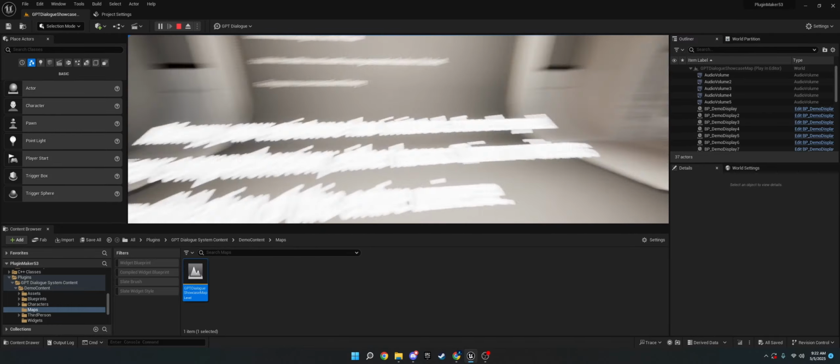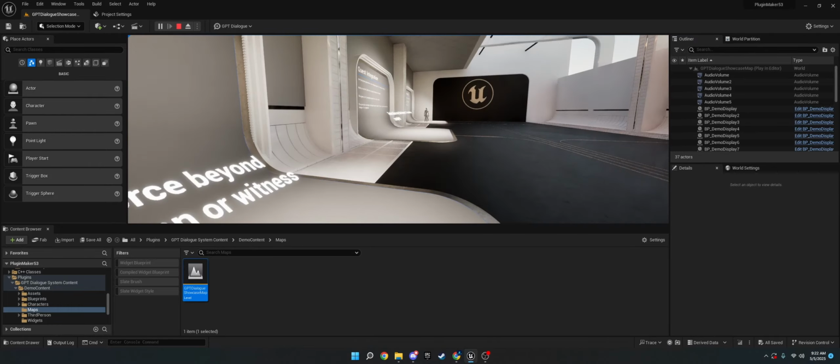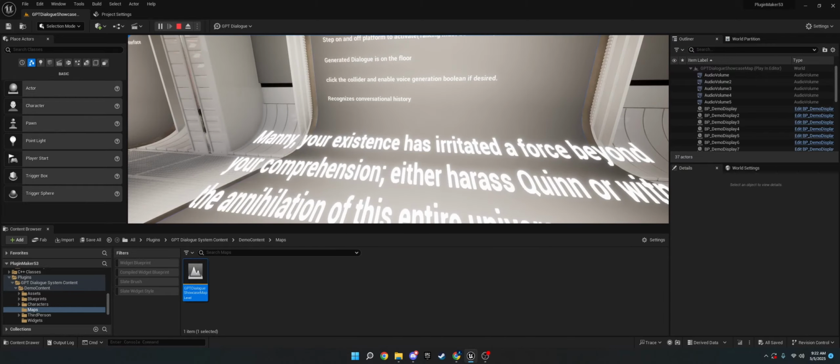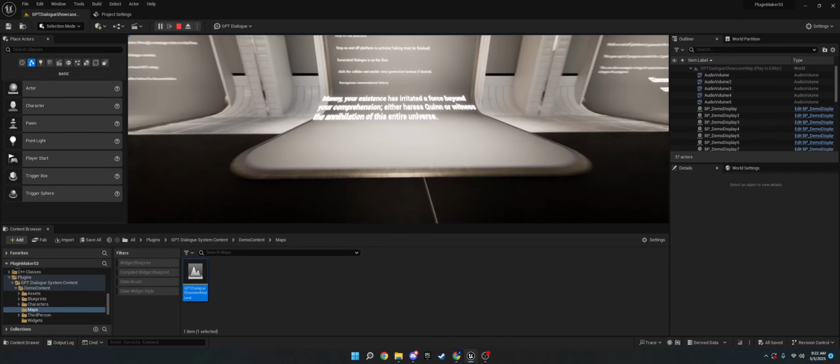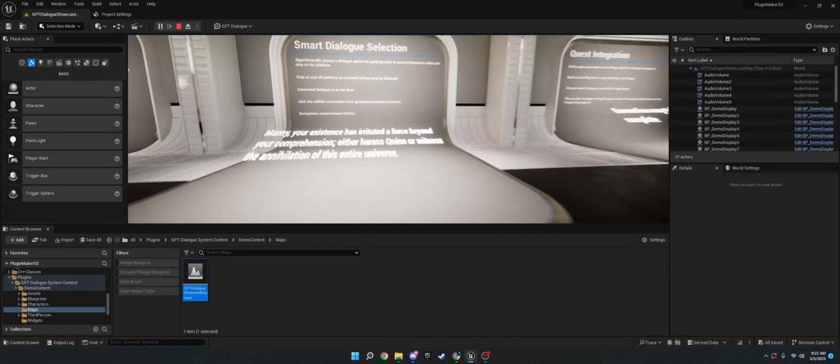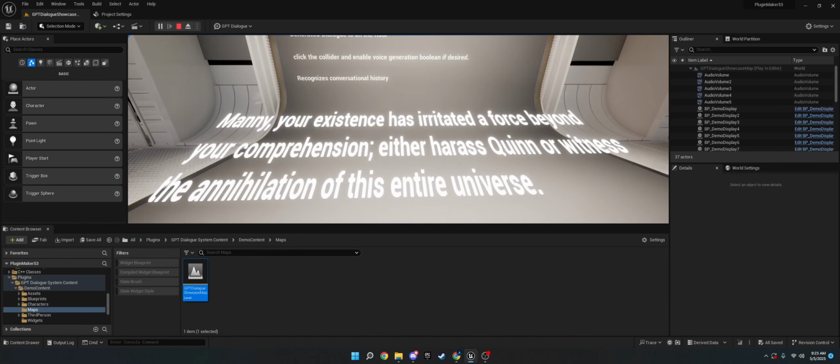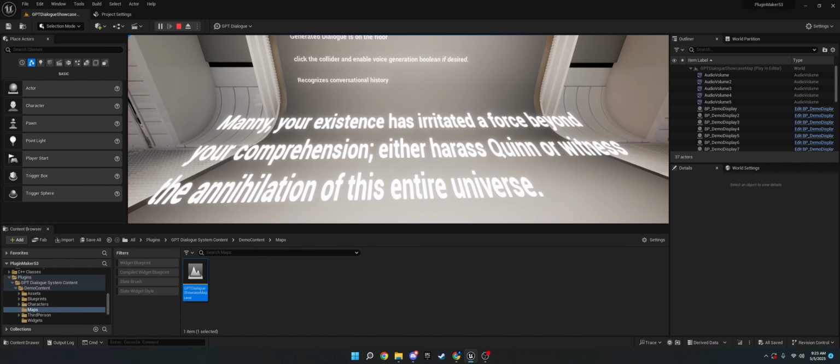He's aware of the game, like the context. Like he's aware that there are people, that Quinn is over there. He's aware who I am and stuff like that. So that's the benefit of this dialogue system. And then